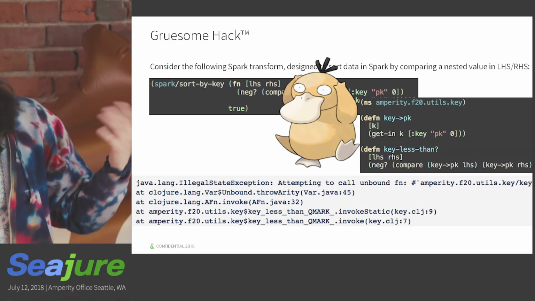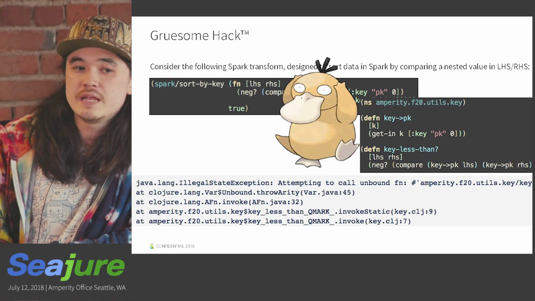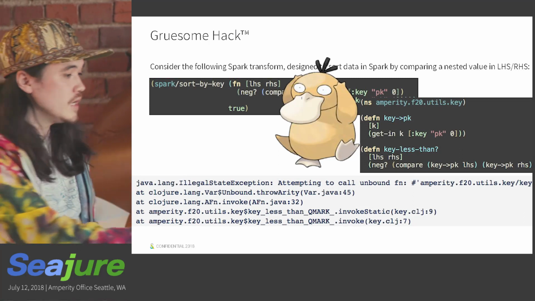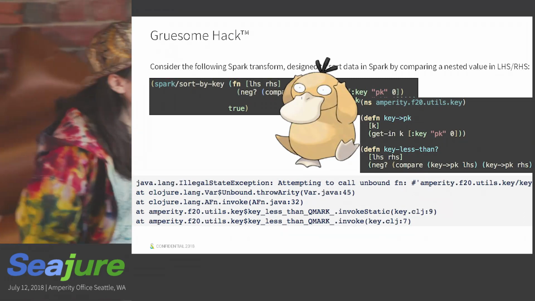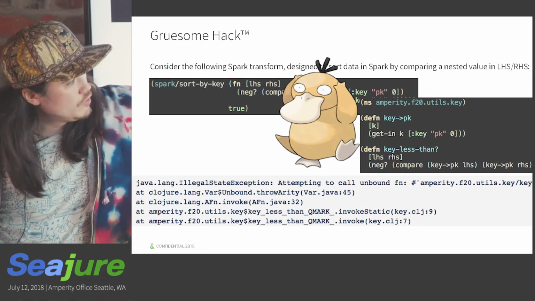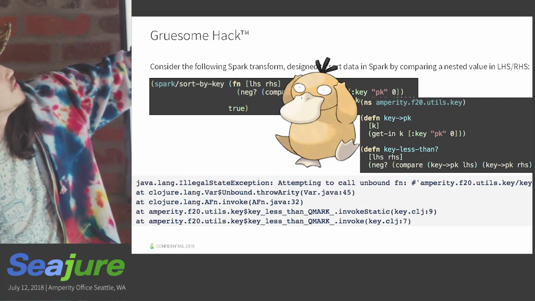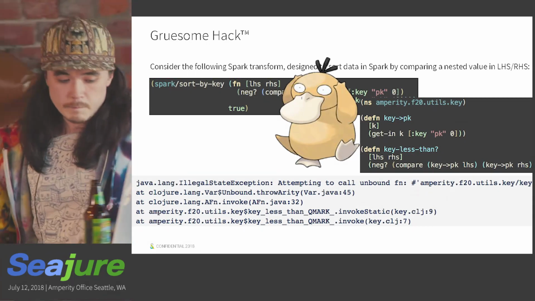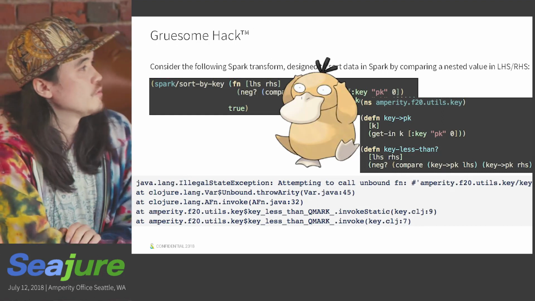So you're looking at this, and especially if you had this appear in your code base a handful of times, you would immediately, as any good programmer would say, well, I should refactor this. I should not repeat myself. So you do that, and you get this cute little namespace, utils key, and you do the full decomposition. You've got key less than, which is what we've replaced this function with, and then key less than calls key pk, just again, so you don't repeat yourself, right? We feel good. We feel really good. This is why we became programmers.